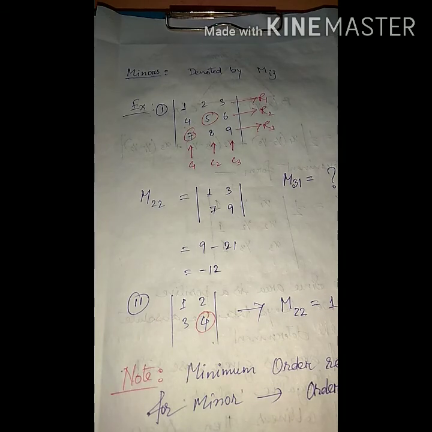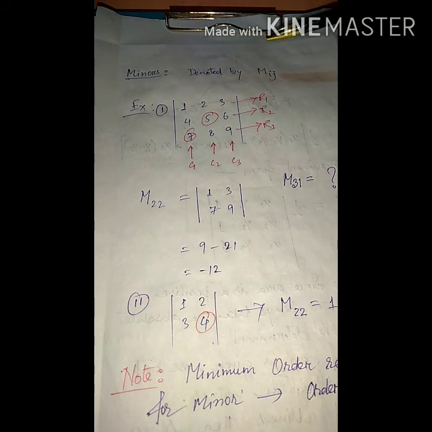Now the next topic is minors and cofactors. So first we discuss minors. Very simple, very important topic, these two, minors and cofactors. From a determinant of 3 by 3 or 2 by 2, easily we can find out the minors and cofactors. So how can we find out the minors and cofactors? Before this, first of all, you see the symbol.